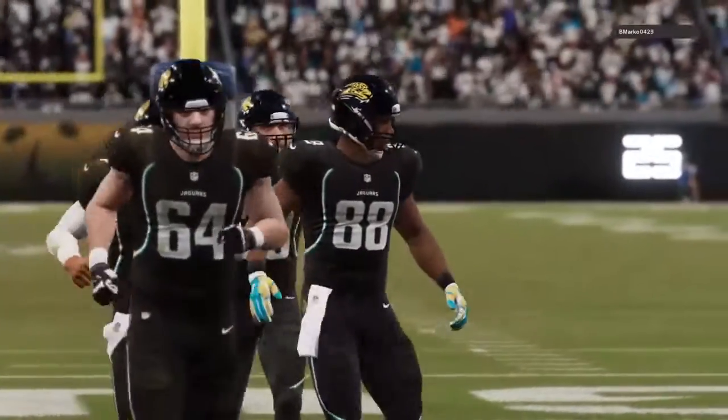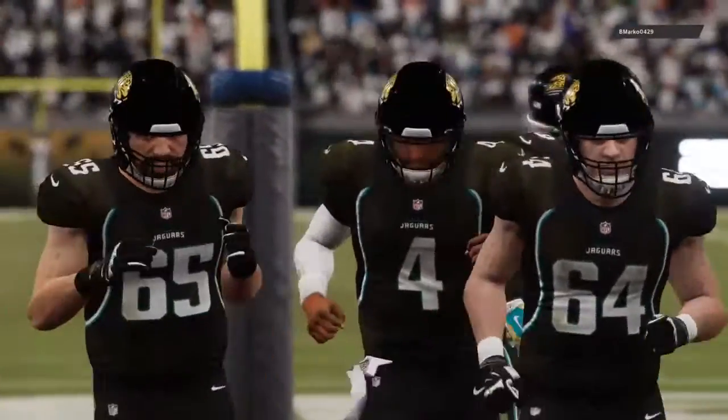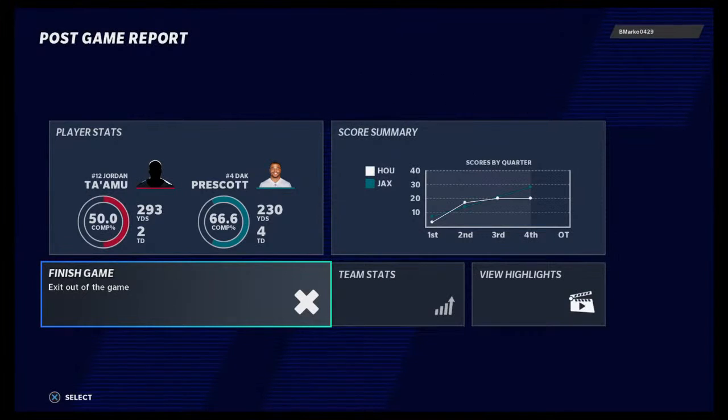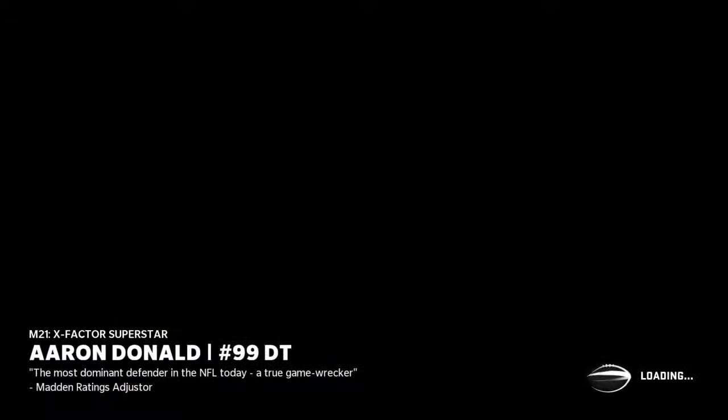So for the Jaguars, they're on a nice early roll as they move to 3-1 with a win here. And now they'll have a few extra days here before they face Miami next week. Meanwhile, for Houston, they'll fall back to